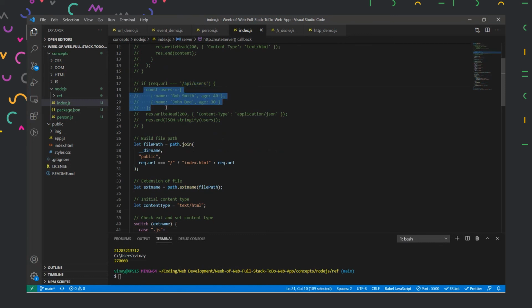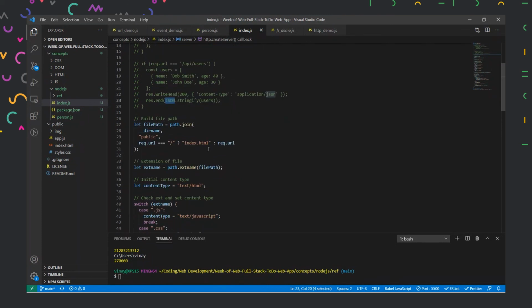So let's say this was our JSON file, then we would access it, and then we'll define that we are using a JSON file directly, and JSON file cannot be accessed directly. We have to convert it to JS. So for that, we'll use a function called JSON.stringify, which will convert a JSON file to a JS, and then we can further use it.